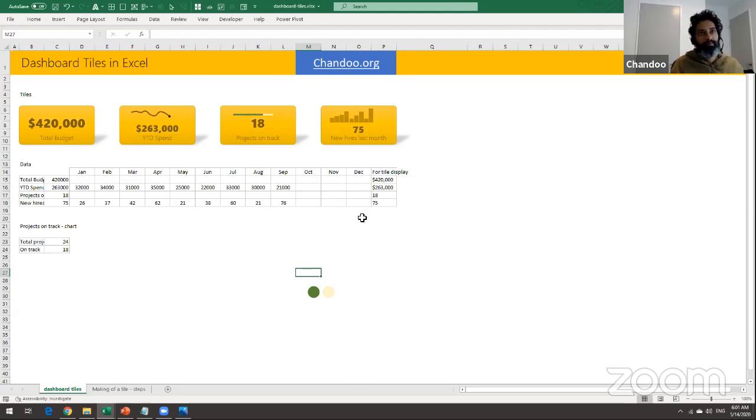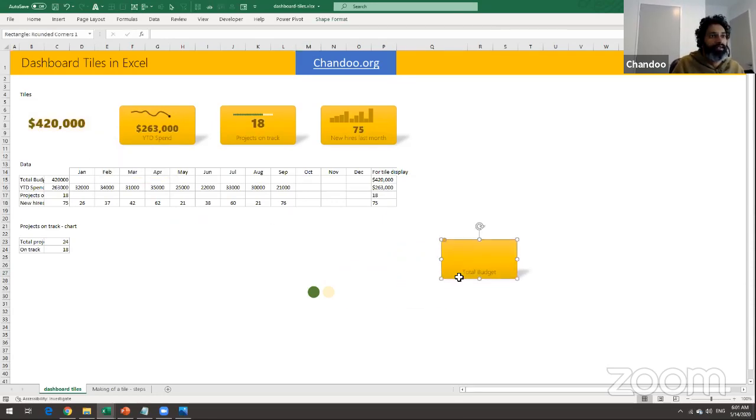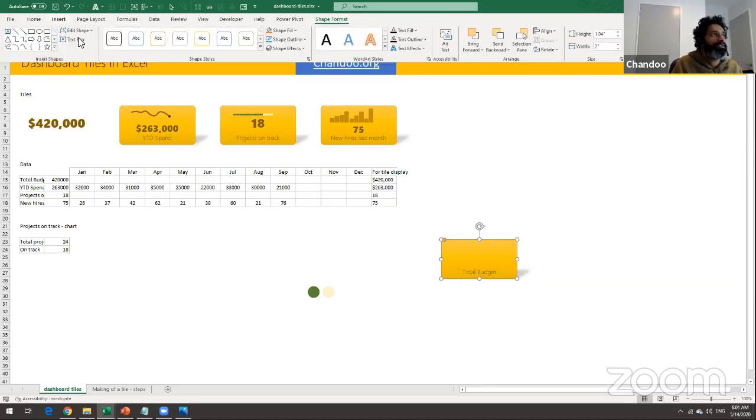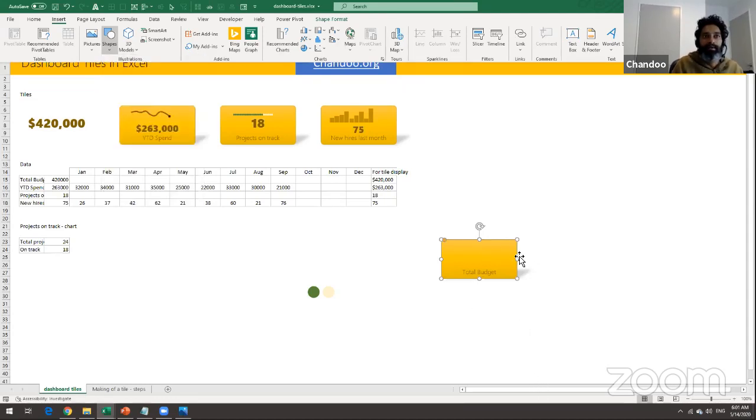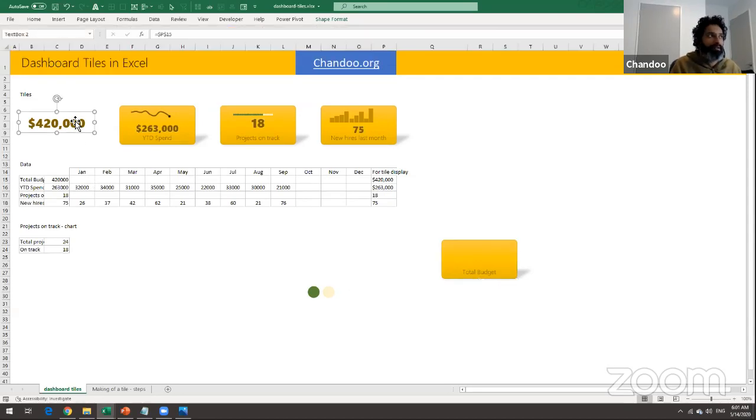But if you are making it for an audience and it needs to be a bit more flashy, then you could altogether bypass the cells and just make multiple text boxes. So that's what this dashboard tile is. It's actually just one tile. It's not a text box, it's just a rounded rectangle shape that has a little bit of shading, a word added at the bottom, a shadow effect, and then another text box which has the actual number.